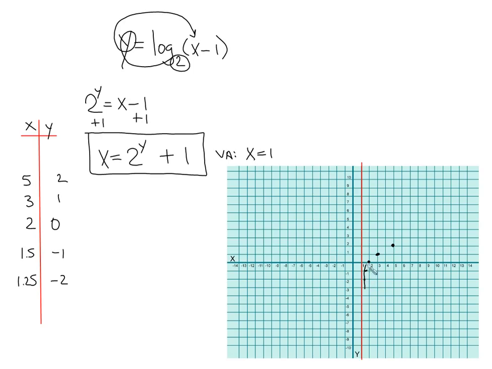Everybody see the graph? There it is. What's our domain? X is greater than 1. We're always to the right of 1. What about our range? All real numbers. The range is always all real numbers on these, just like the domain was always all real numbers on the exponential ones. Is it you have to go to 1.5 and 1.25 because there's a 1 on the other